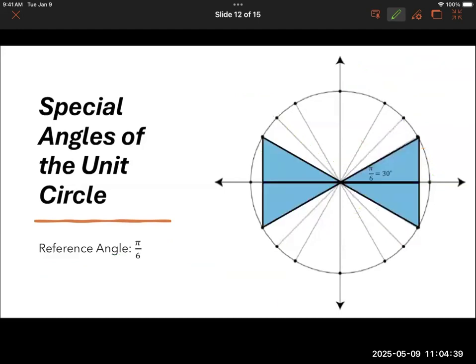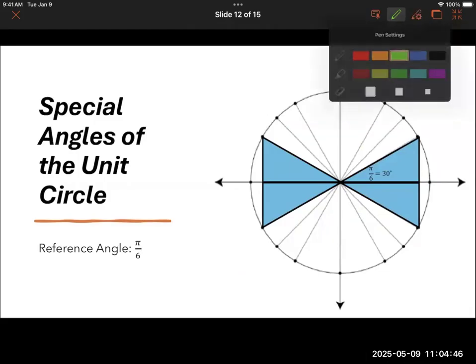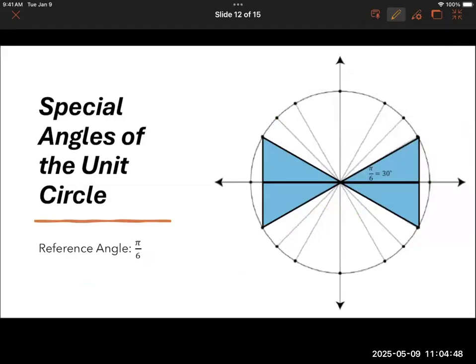Okay. Similar thing happens with pi over 6, which is 30 degrees. We know from our special triangle that opposite of 30 degrees is where a is. This is going to be root 3 times a, and this is going to be 2a. Well, again, we already know this value is 1 because it's our radius. So again, a little bit of algebra tells us that a,